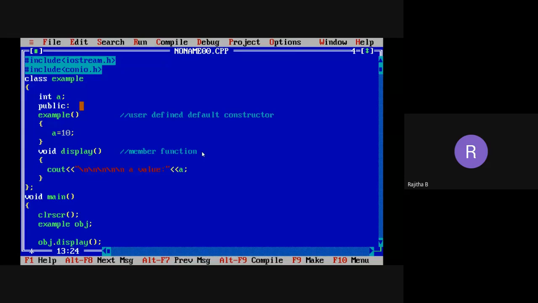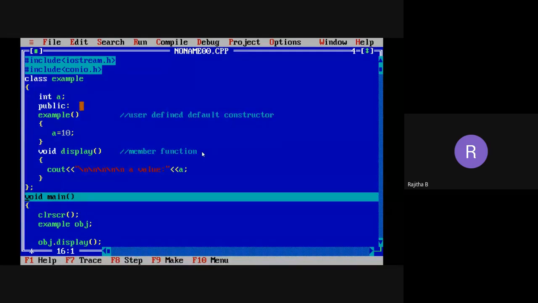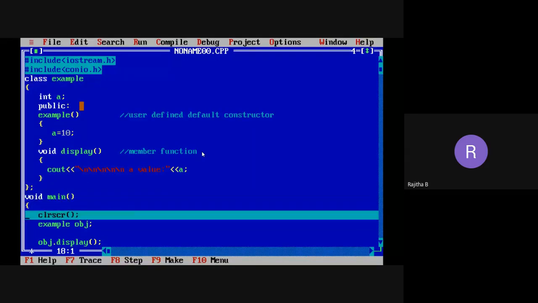Now I'm going to press the F7 key here. Now the execution starts from where? Void main, yes, the main function. In any programming language, the execution starts from the main function itself. So it is going to the main function. Again I'm pressing F7. Now where is it going? Clear screen. If you have any previous program output in the output screen, it is going to be cleared by clrscr, clear screen.